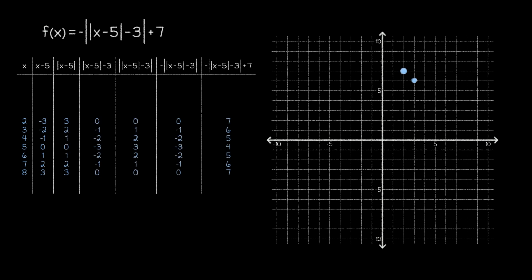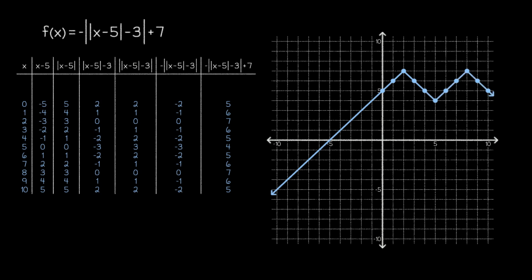Then, when we get around to graphing, we might look at these 7 points and think that the graph looks like this. However, if we evaluate the function for a few more inputs, we'll see that the graph doesn't look like this at all. In fact, it actually looks like this.